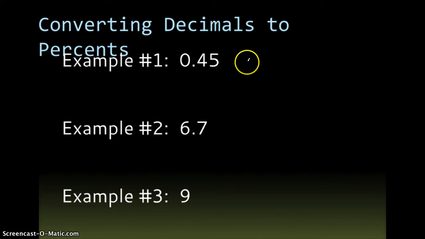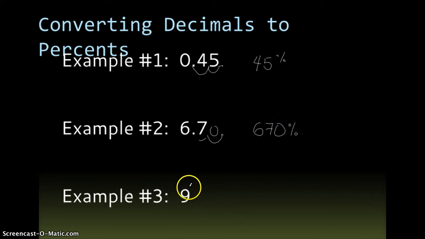Here we're converting decimals to percents. Here's an example. You can also pause and try it on your own first before you listen to me do it. So if we're converting decimals to percents, we're just moving the decimal over 2 places, right? So instead of saying 45 hundredths, this is now 45%. So if you moved this decimal place over 2 places, obviously there's no number here, so we have to add a 0. So instead of saying 6 and 7/10, if we have it as a percent, it is